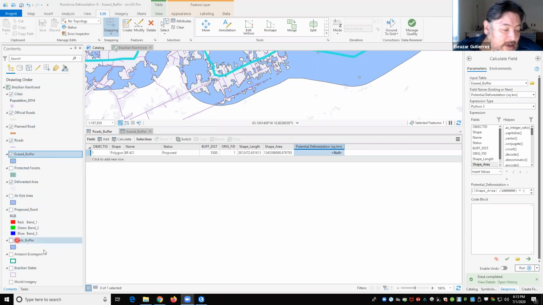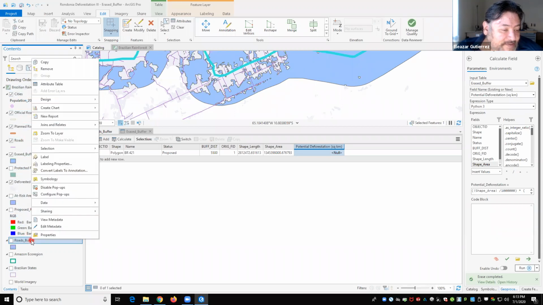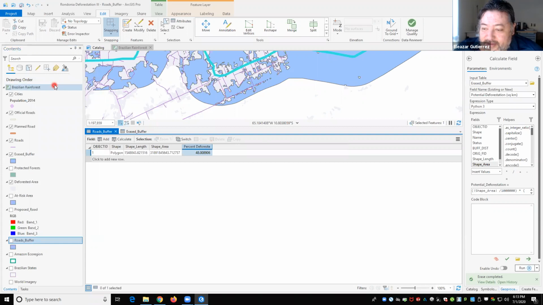I always have trouble with that roads buffer thing because it's so far down. Anyways, here it is, roads buffer, right mouse button, open the attributes table, and there's that number right there. That's what we want. So we're going to grab that number, Control C to copy,